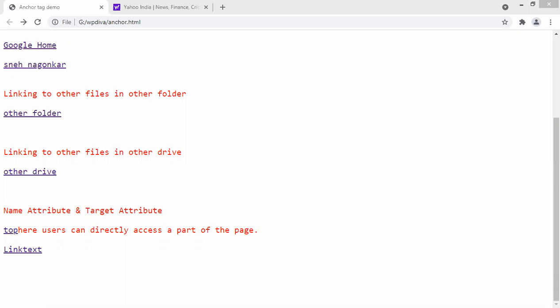I will upload all the files. You can download it, and then create a folder called GWP division A, just like I have created, and save all the files here. Then you can easily run the code. You can just copy paste the code and run it.